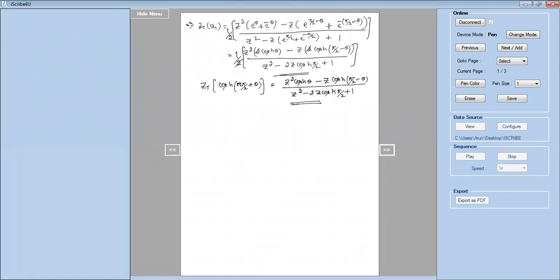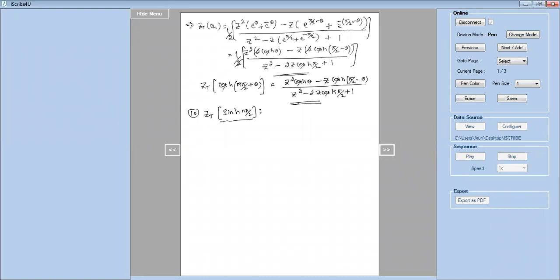So this is how we can find the Z transformation of a problem. You can observe that every problem in Z transformation looks like a derivation only. Whatever we did in the last class, the same thing we are doing. In the same way we can solve that last problem also. The problem number 10 is the Z transformation of sinh of n pi by 2. So this is the problem here.